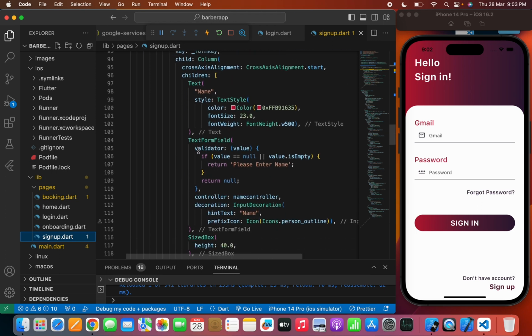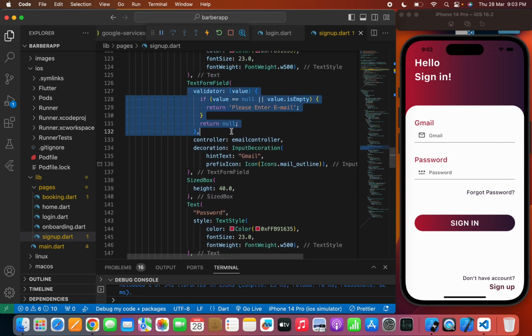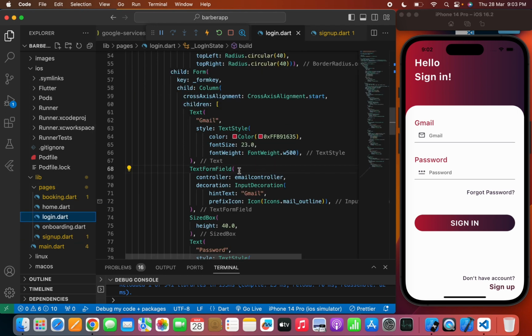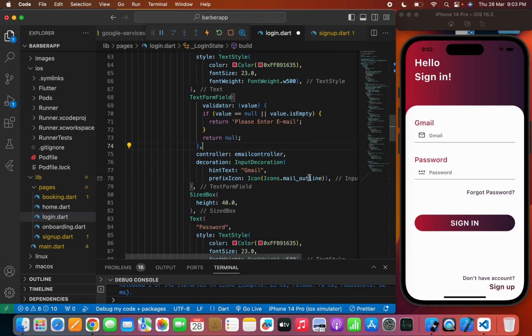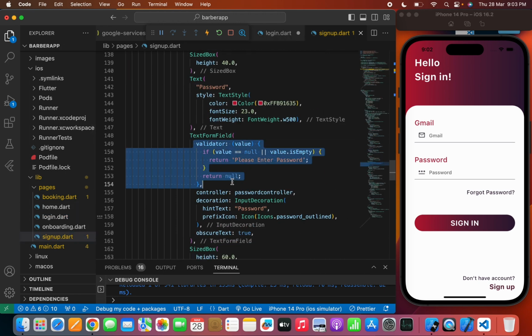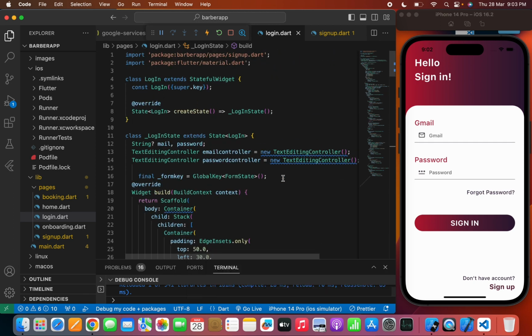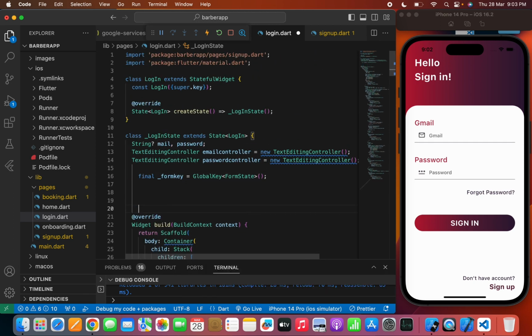So here I will copy the validator, not for the name, for the email, and we'll move to the login page and paste it here, and we'll do the same for the password. So we'll copy the validation from here and paste it here. Now let's move on and create our main function for the login page, which is user login,